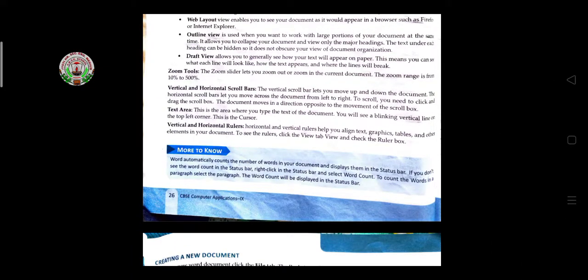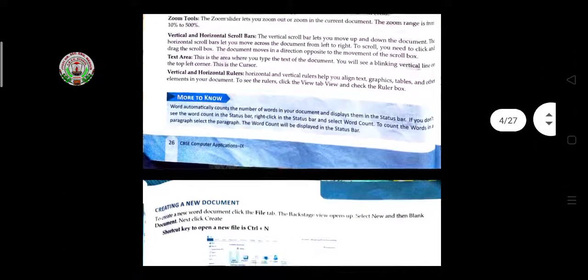One more thing to know: Word automatically counts the number of words in your document and displays it in the status bar. If you don't see the word count in the status bar, right click in the status bar and select word count. To count the words in a paragraph, select the paragraph. The word count will be displayed in the status bar. Suppose sometimes it does not display, then you have to right click and check the word count. The word count will count and then show the